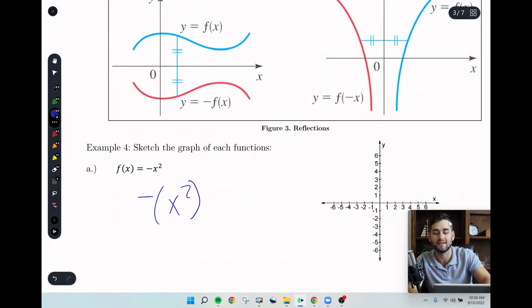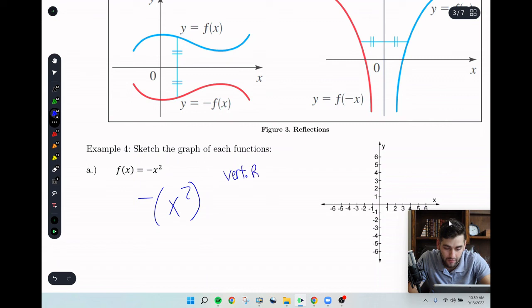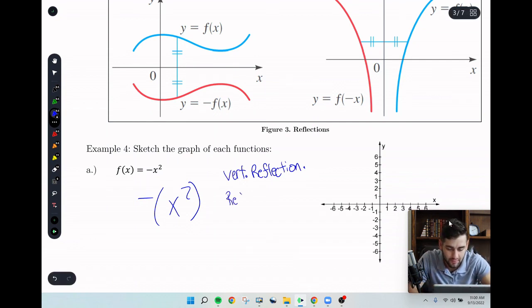It's not getting affected by the parent function, which means it's a vertical change, because it's outside, just like the vertical shift is outside. A vertical reflection is outside of the function. Your brain can think of it like it's reflecting vertically, like you're looking down in a pool of water and you're looking at your reflection. It's a vertical reflection. But the way we say that is reflected